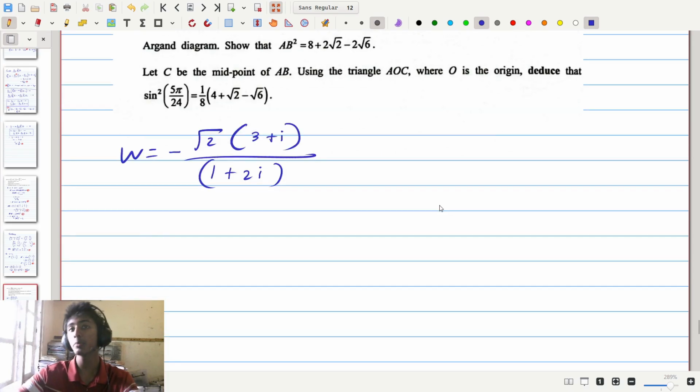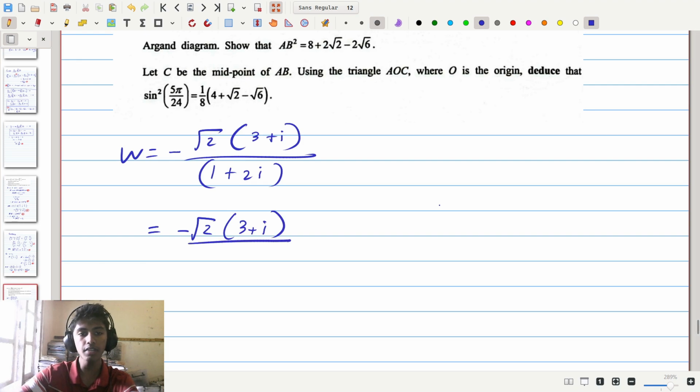Now the first thing we're going to do is to make the denominator a real number. In order to do that, what we can do is multiply the denominator by the complex conjugate of 1 + 2i, as in 1 − 2i. That's going to make the denominator a real number. So in order to do that, we need to multiply the top and the bottom by that same number, which means that w is equal to negative square root of 2 times (3 + i) divided by (1 + 2i),